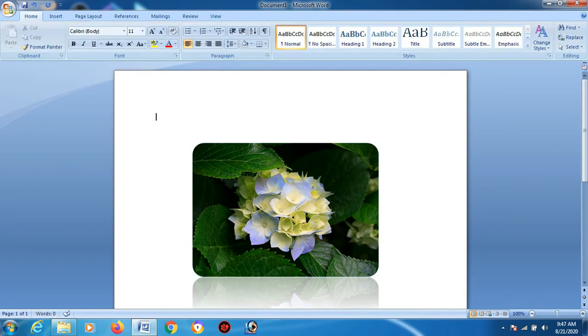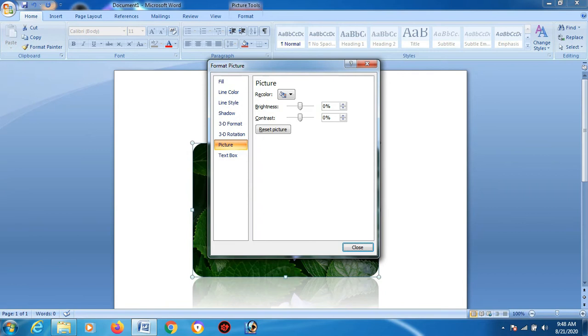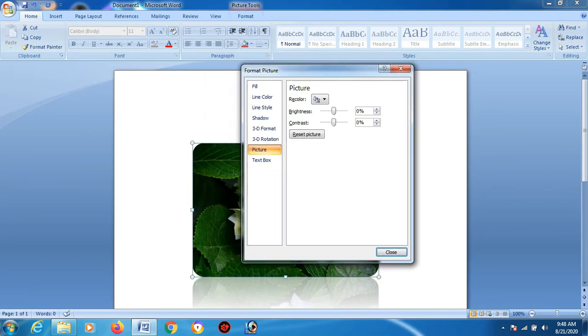Now if you want any editing upon the picture, you just right click upon the picture and over here at the bottom you will find Format Picture. So as soon as you click upon Format Picture, these are the features that you get.